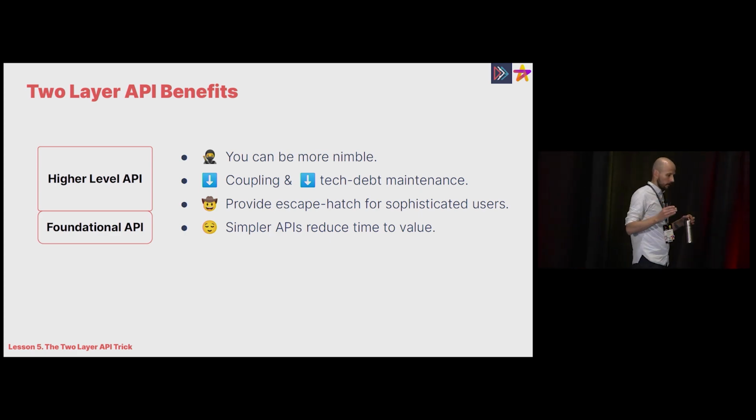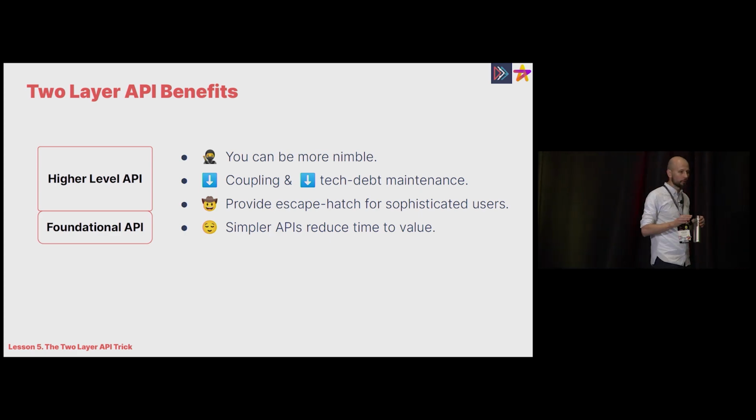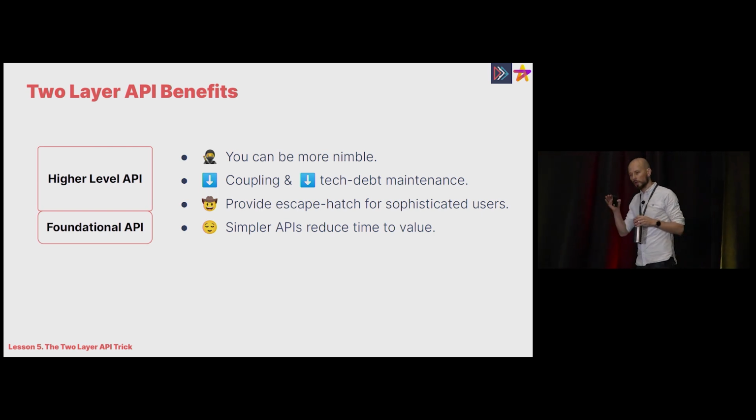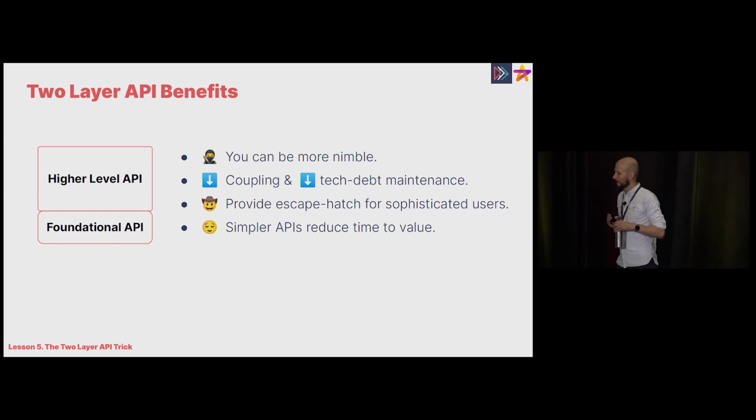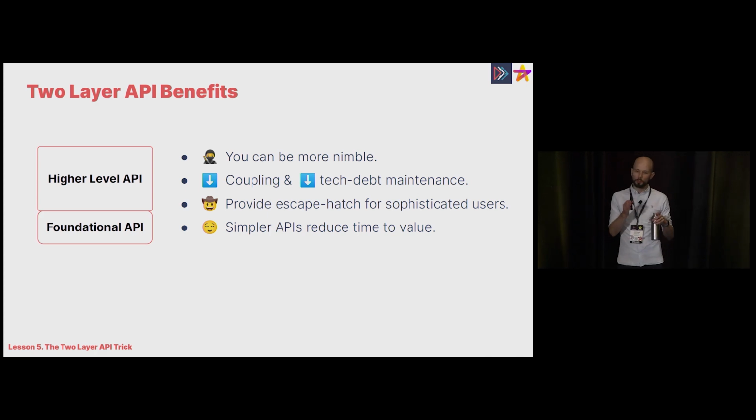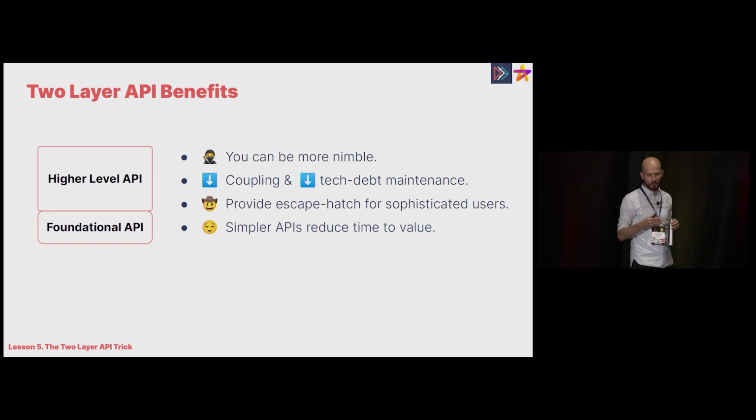In lesson 2, where I said say no to sophisticated users, well, this actually provides an escape hatch, right? So if you have a sophisticated user and they come to you, and you're like, no, I don't want to support that in the high-level API, but you're capable enough, here, go ahead. Why don't you build it on top of our foundational API? This then bounds what they do, but also gives you a much easier way to then adopt what they're doing and bring it potentially into your higher-level API as a first-class thing.